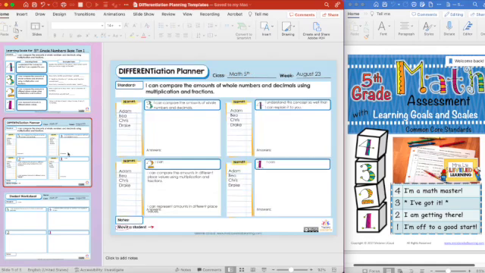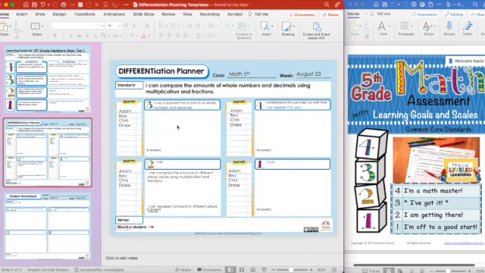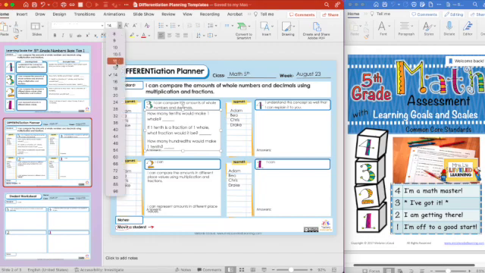On page 2, the differentiation planner, you're going to see the same components, your standard, level sub-goals, and then room for the tasks. To save yourself time, you can copy and paste the same tasks into the next one. Because the boxes are different sizes, it may take a minute to reformat that for yourself. Just pop those in here. And again, resize if necessary.